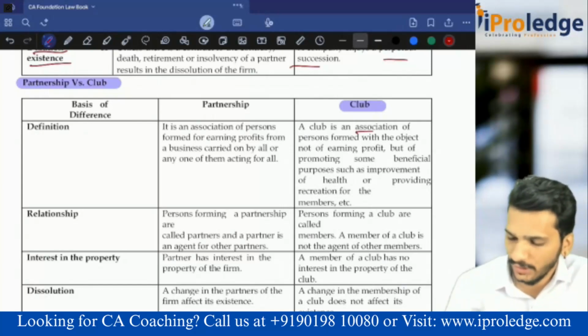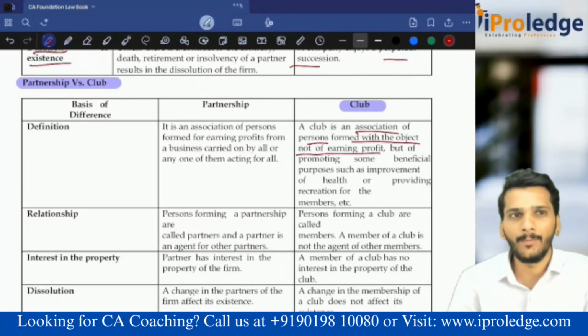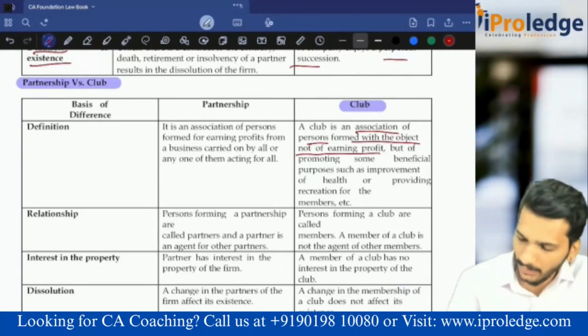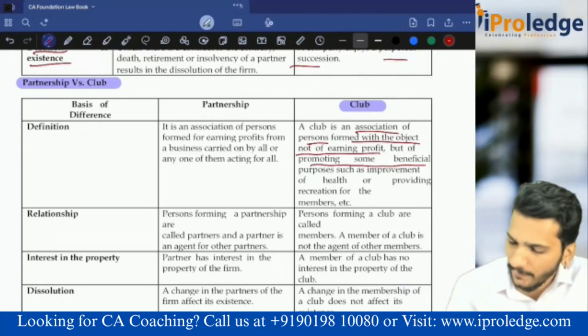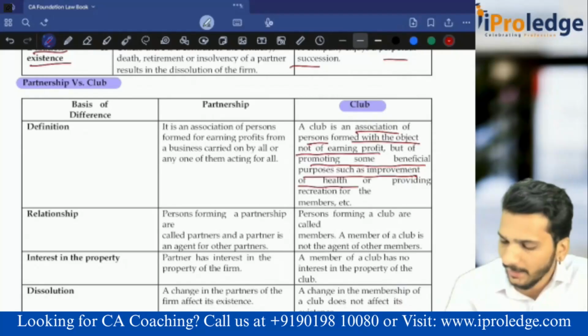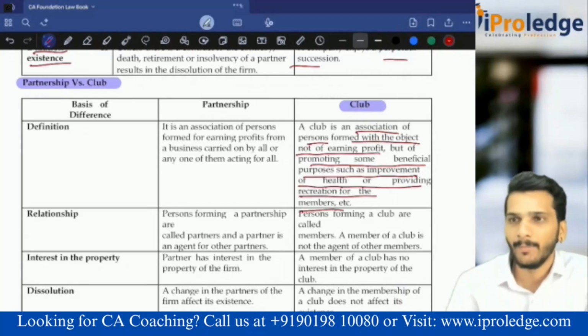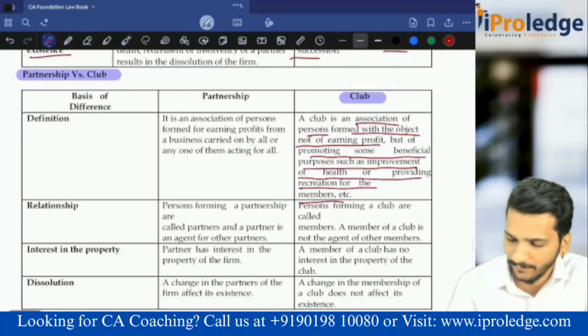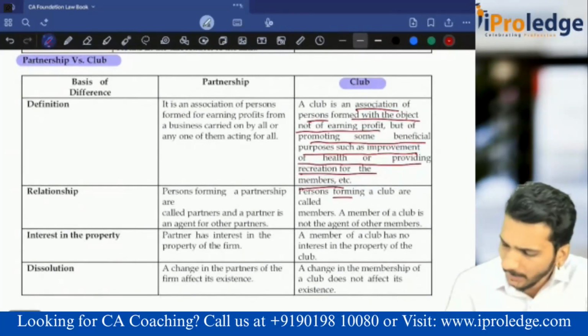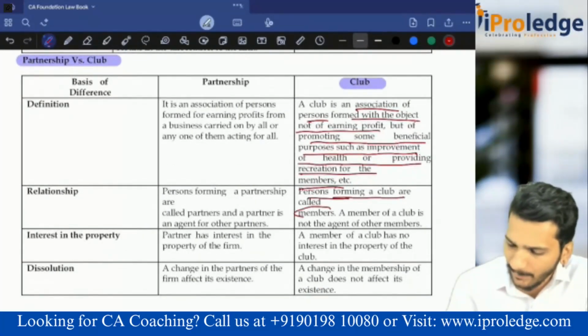A club is an association of persons formed with an object not of earning profit. Their object is not to earn profit, but to promote some beneficial purpose, some improvement of health, or to provide recreation for the members. Swimming, shuttle, cricket, gym, all those things. The persons who form the club are called the members,